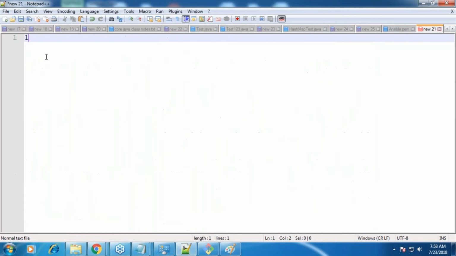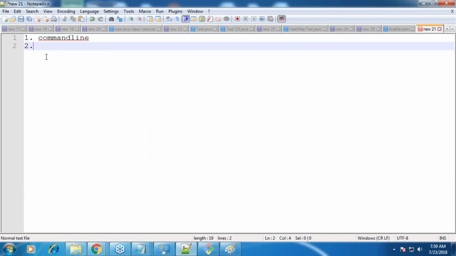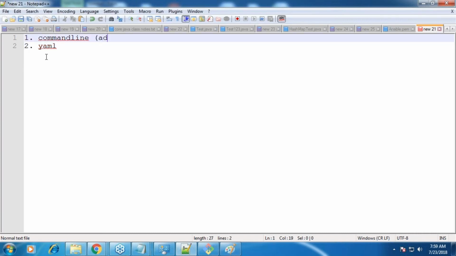One is from the command line. The other one is from YAML. Command line is generally used while learning, if you want to quickly understand what it is. So whenever you are doing this from the command line, we call this ad hoc. So this is the first way.